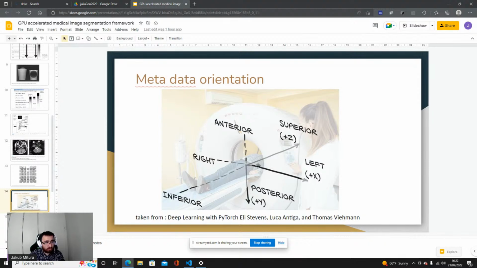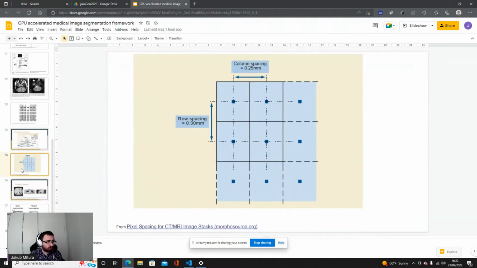So I would like to know later, for example when I see the MRI, whether the heart is, I don't know, 50 centimeters from the head or 40 centimeters from the head. We need to be able to retrieve such data. Because of it, we need to store metadata. One piece of metadata is the origin, so where we started, and the directions. Without this, basically we cannot interpret the image fully.